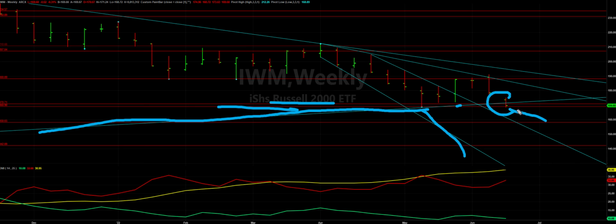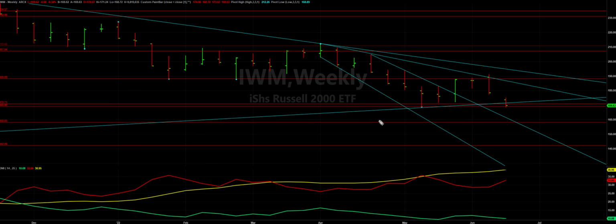We break that. We're already below the 150 week. We're already below the 200 week. We're already below the 100 week. I don't see any reason why it's not a possibility that it could come back down, test this internal trend line here, and test this low, this horizontal red line right here, okay? I don't see why it couldn't come back down and test this if we can't get back above that 150 week, that 200 week,